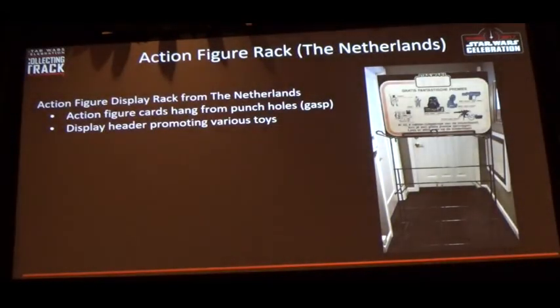This is the display from the Netherlands for the action figures. This one has an interesting story. Years ago on my website, the Star Wars Collectors Archive, which all of the panelists have contributed heavily to, we got a photo from a collector who picked this up. This is this form of display with kind of a wire rack and then a header card they used in a few countries in Europe. The header card's a little bit sun-faded, so it's probably like at the front of a store with the sunlight beaming on it. But the collector had shown this on the archive something like 20 years ago,